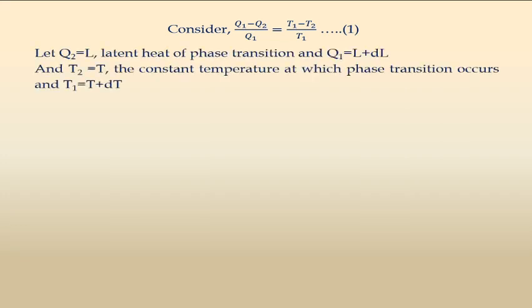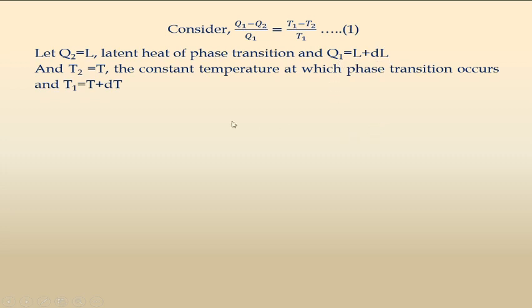Now since we are involved in phase transitions, the amount of heat utilized in undergoing a phase transition we generally call latent heat, and I am going to assign latent heat values for these kinds of phase transitions. So let Q2 be equal to L. Q2 is actually the heat involved in the freezing of water into ice, if you take that example. So the amount of heat involved in freezing is Q2, that is equal to L. If that is the case, for the melting Q1, that is actually a higher value, so let it be L plus DL. L plus some extra energy is also involved. So L plus DL I am going to take for Q1.